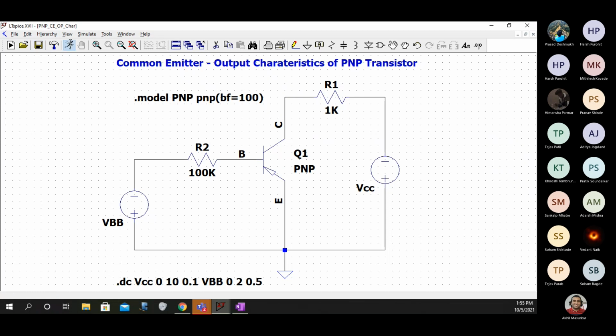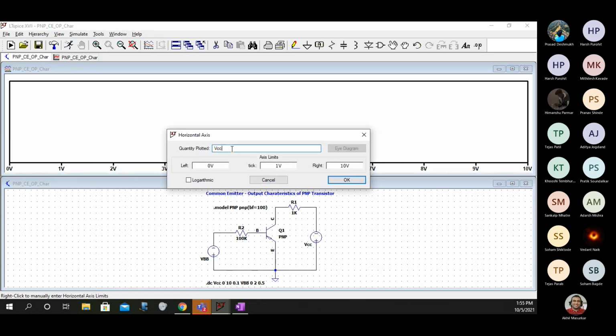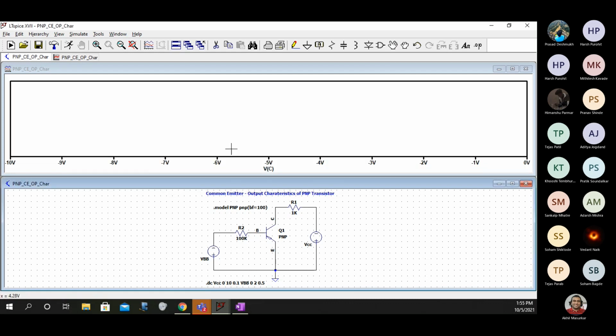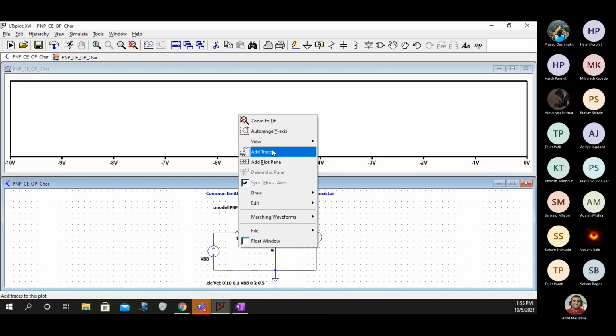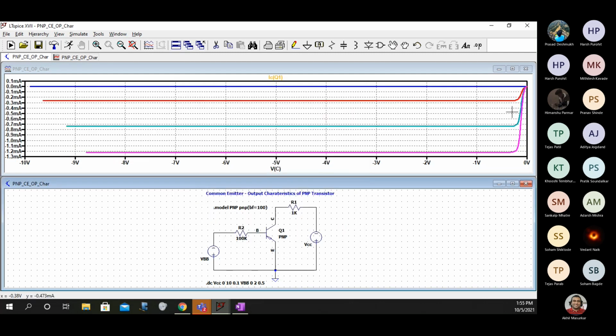So let's run this. And on the X we want VCE, that is V of C. And here we want IC. So you can see that this is in the third quadrant again.